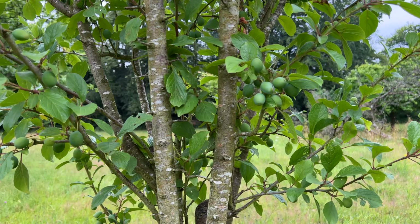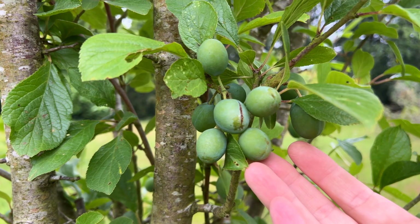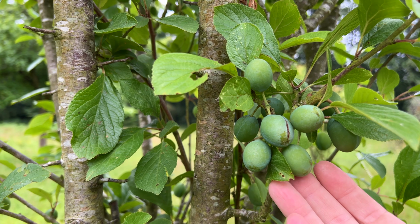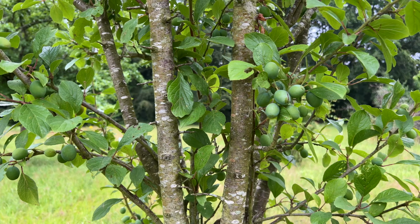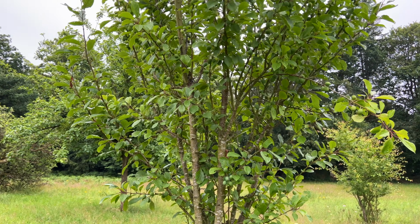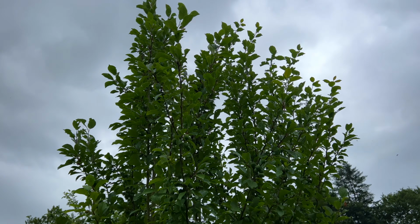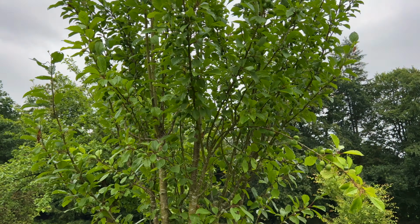This is a Mirabelle plum tree, and these are the most delicious plums, highly coveted. They turn a beautiful golden yellow color, and they're just the sweetest things ever. And we have a couple of them in this orchard. This one is full of them this year. Last year we didn't get any. It does need to be pruned, so obviously this isn't the time to do it, but we'll do that in